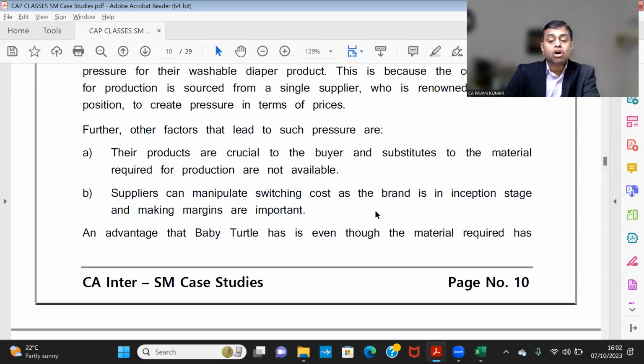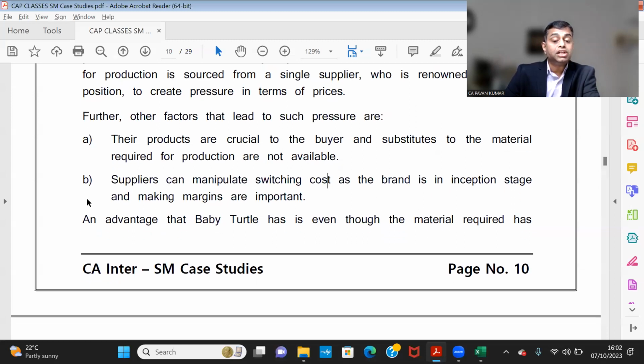Suppliers can manipulate switching cost as the brand is in the inception stage and making margins are important. Switching cost means moving from one supplier to another supplier, moving from one product to another product. You are in the inception stage because you started manufacturing these diapers recently and maybe you are a startup. If you are a startup, they will dictate the terms. But